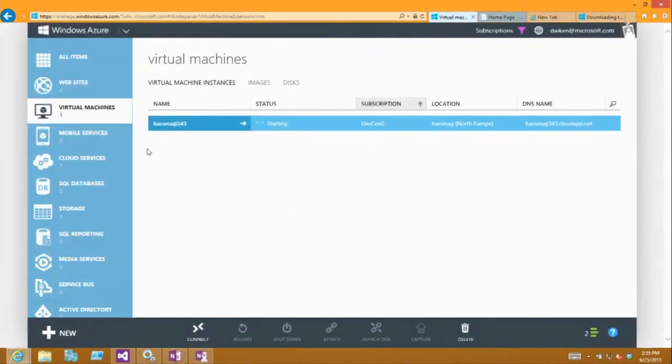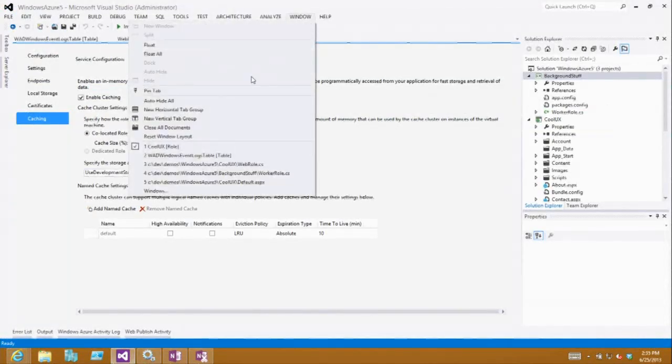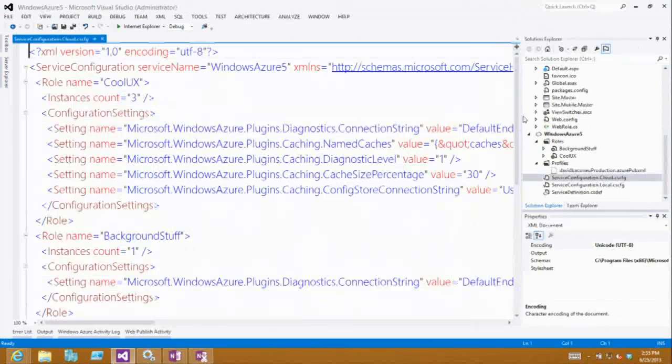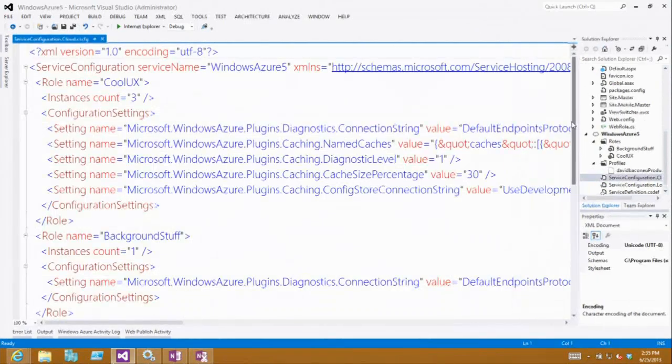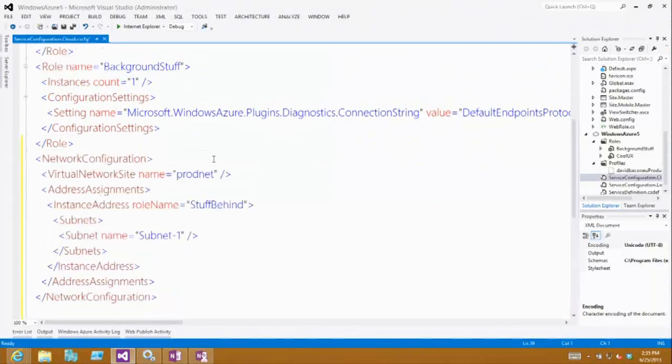And I'll go into my application, and I'm going to close all the documents. I'm going to go into one of these configuration files, and every time I've gone into those settings dialog boxes, it's been rewriting these configuration files, okay? So I'm just going to paste this snippet in at the bottom, like so,